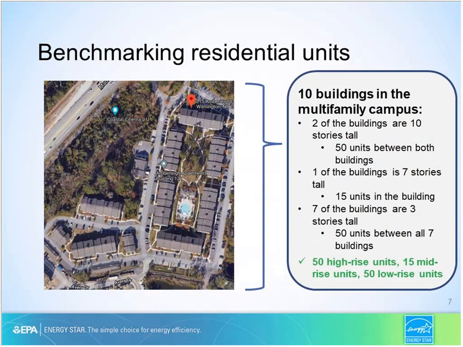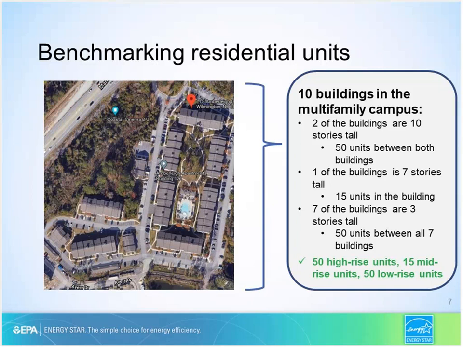The only time when units should be split up into different settings is if there are multiple buildings or towers with different amounts of floors. So in this case, you'd want to place the number of units in the setting of the specific tower or building they are in. Let's take a look at another example here, this time being a multifamily campus with several